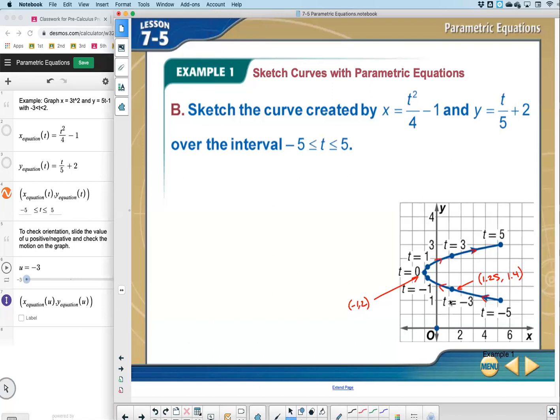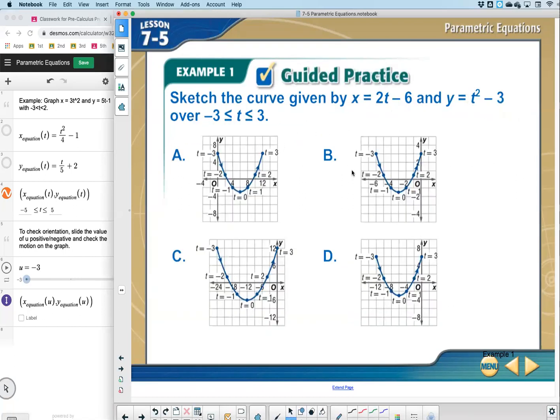So your first DOL, what I want you to do is use technology to graph this. And if you look at the graphs, you can eliminate based upon time equals 0. I want you to find the time equals 0 value. Will the time equals 0 value be 6, comma -3? Will it be -6, comma -3? Will it be -12, comma -6? Or will it be -6, comma